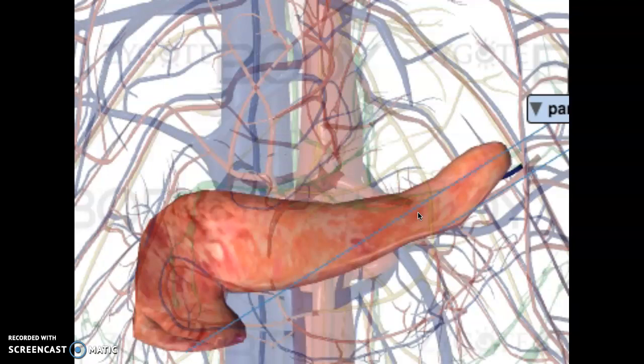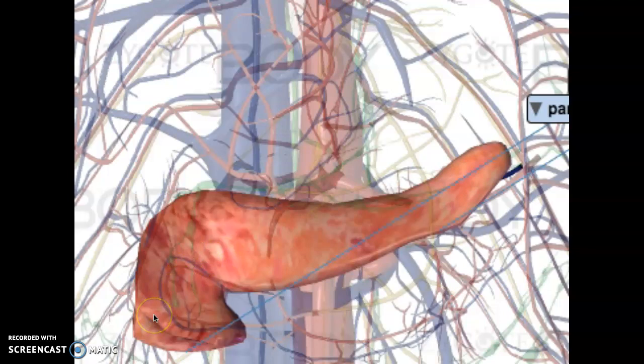Running down the middle of the pancreas is a duct. I have it actually labeled here, but it doesn't show on the video or on the screen. It's the Great Pancreatic Vein, or duct. Sorry, not vein. The Great Pancreatic Duct, which runs here, and it merges with the common bile duct before it